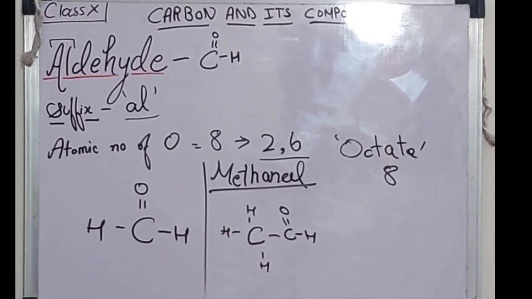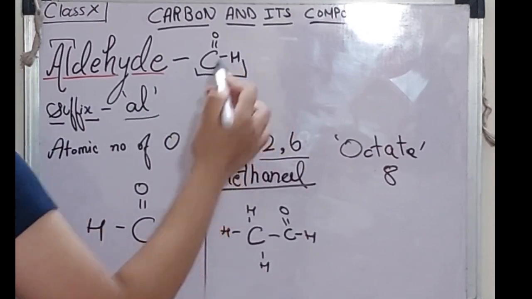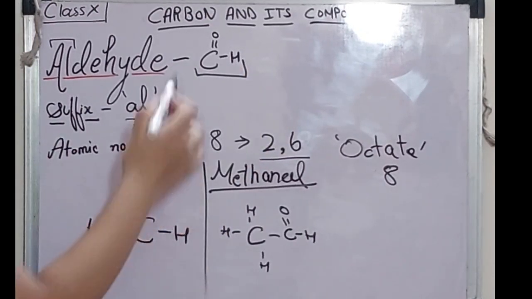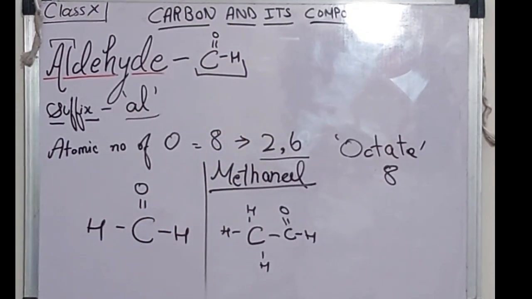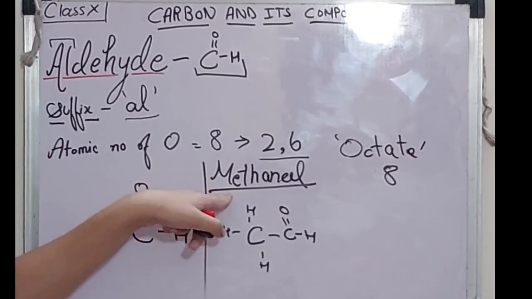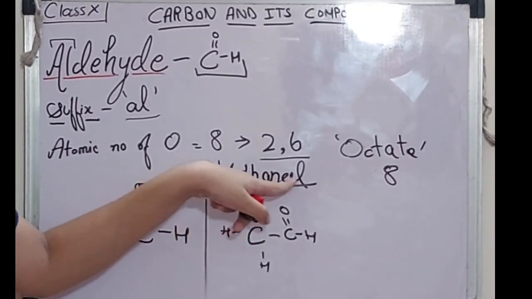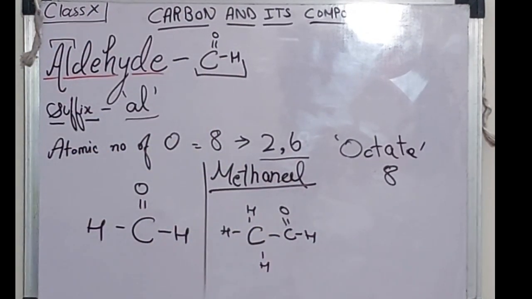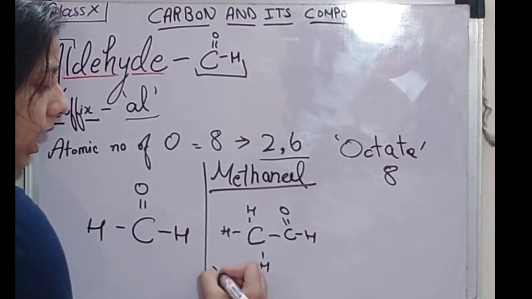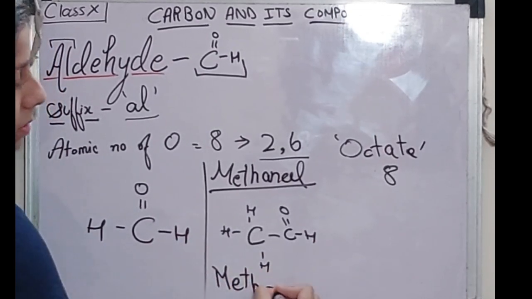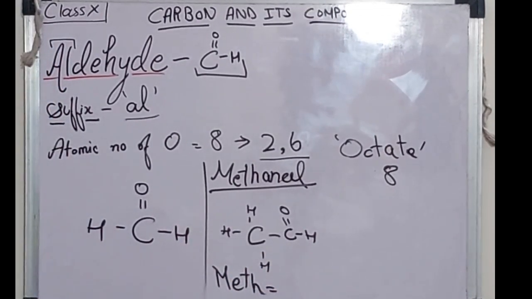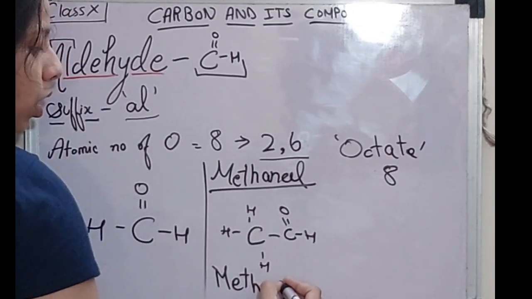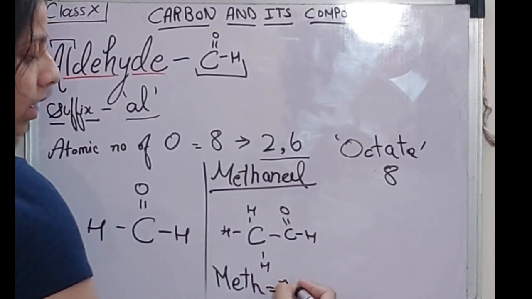You will say that this whole is a functional group, aldehyde, and if I am saying methanol, I have to first draw one carbon, and then this "al" means adding this whole thing, and you will draw something like this. But meth doesn't mean that you have to add one carbon. It means n is equal to